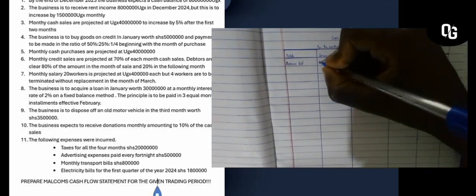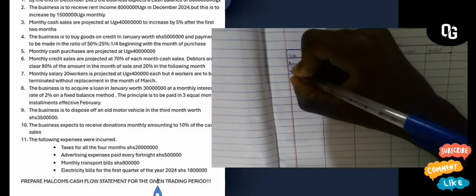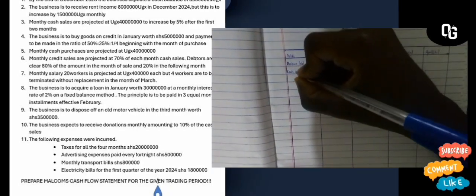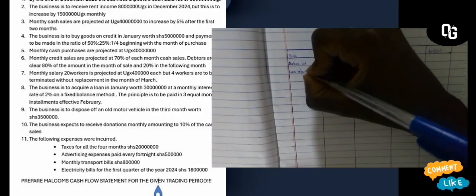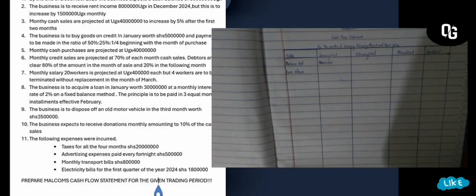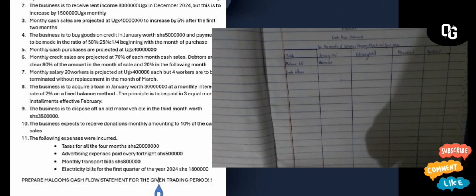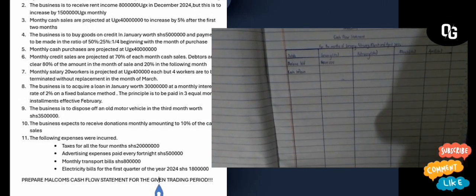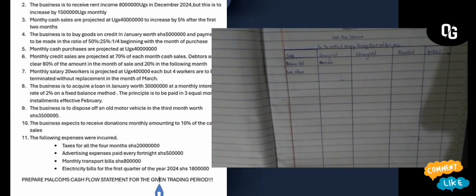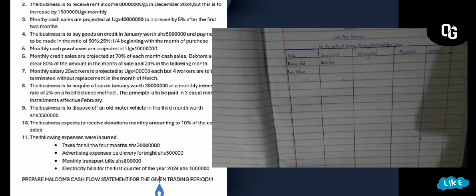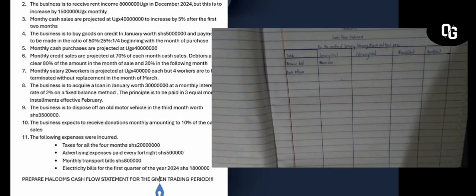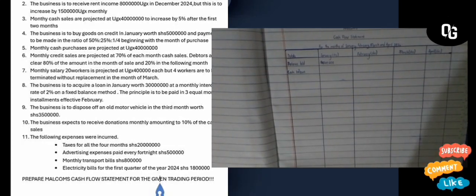So we're going to move on to the next part of the cash book, that is cash inflows. As you remember, we said a cash flow statement has two parts, cash inflows and cash outflows. So the very first cash inflow is the business is to receive rent income for 8 millions in December 2024. But this is to increase by